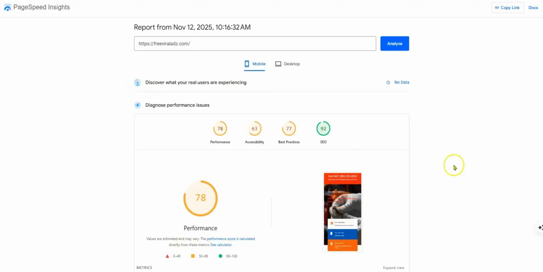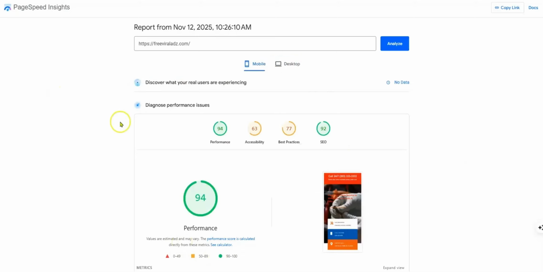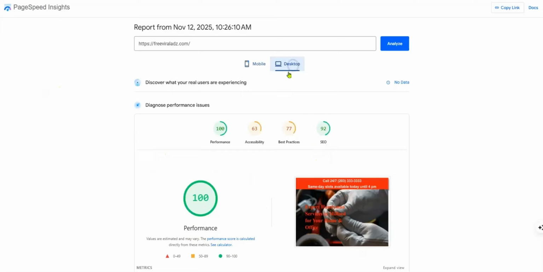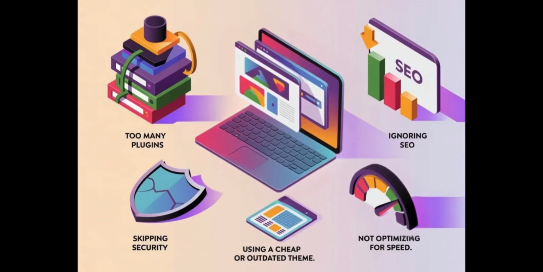Hello, in this video, I'm going to show you how to make your mobile speed of your website go from this, and your desktop speed go from this to this. So if you're interested in speeding up your website, keep on watching. Chances are if you have a slow website, you're doing one of these 5 things I'm going to discuss in